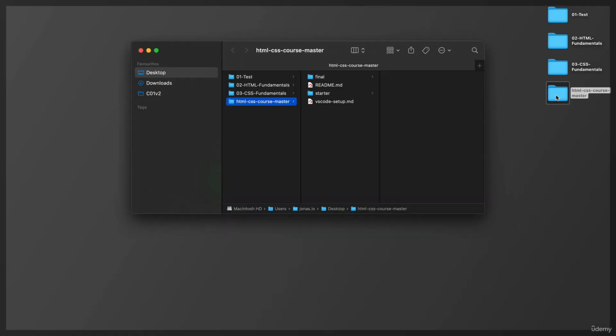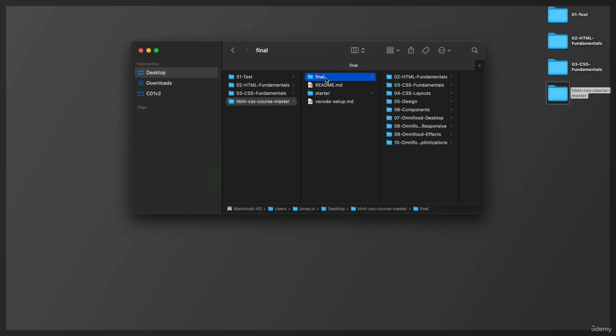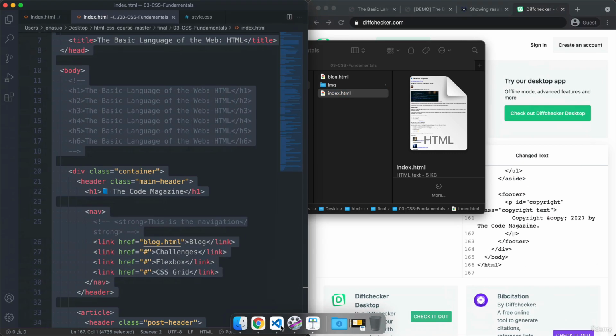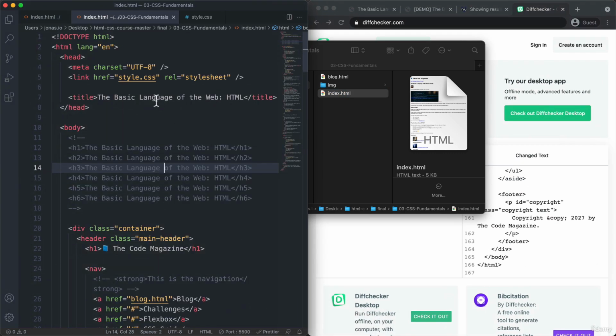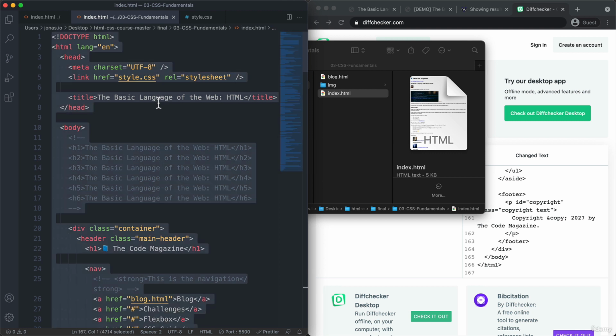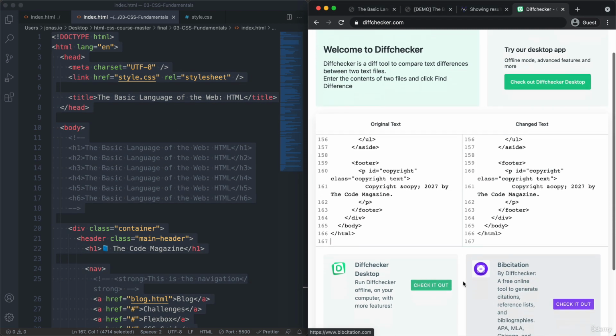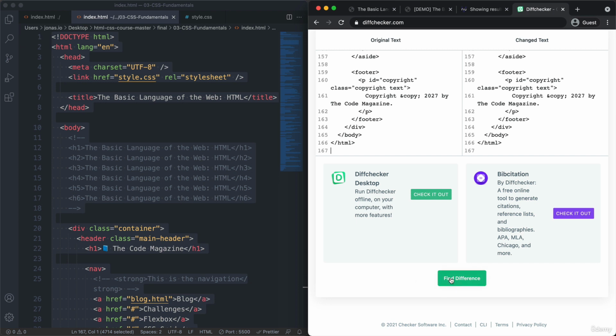And so let's now come to the code that you downloaded. So this repository. And then I have the final folder here. And so this is what you can use this code for. So to compare it with your own code. So we are in this section of the CSS fundamentals, and we're interested in the index. And so in order to open this up, we can very simply drag it onto the VS Code icon here in the menu bar. And so this is basically the final code of this section. So again, selecting everything, copying it,